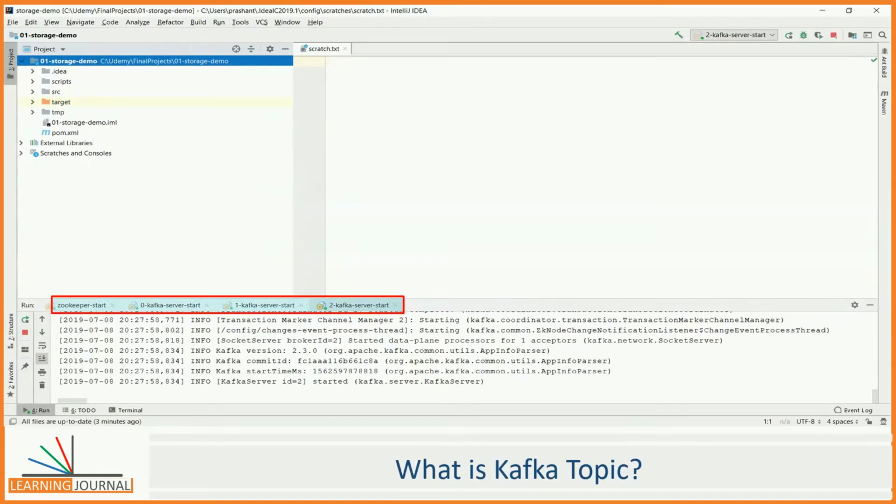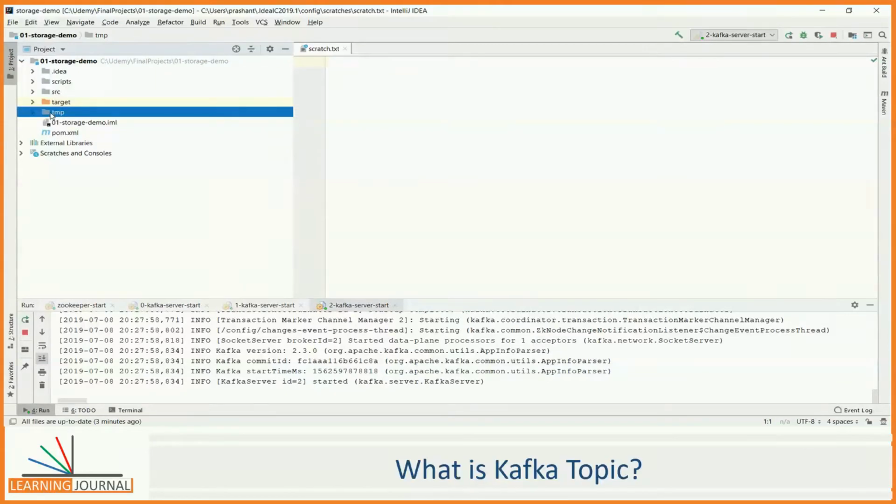I have a 3-node Kafka cluster running on my machine. I have configured things in a way that I can efficiently work from the IntelliJ IDEA, and I do not have to switch screens. I have also set all 3 brokers to use this temp directory as a home directory. What does that mean? That means everything that my Kafka brokers are going to create will reside in this temp directory. This arrangement makes things easy to watch and understand what is happening under the hood. My 3-node Kafka cluster is up and all 3 brokers are running.